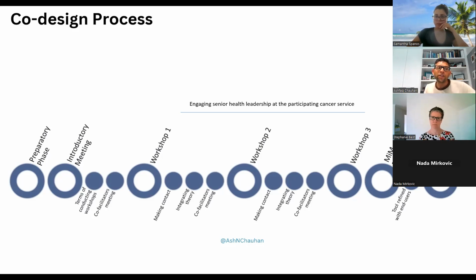We also made sure that we made contact with the members in between the workshops, so that if they had anything that they wanted to contribute or thought of after the workshop, they could bring those points before the next workshop. And we engaged a multilingual field worker for one of the consumers who was Mandarin speaking, so they could have a conversation in their language. Yeah. So this was the whole process, how the workshop happened over the course of 3 weeks, which took lots of work.